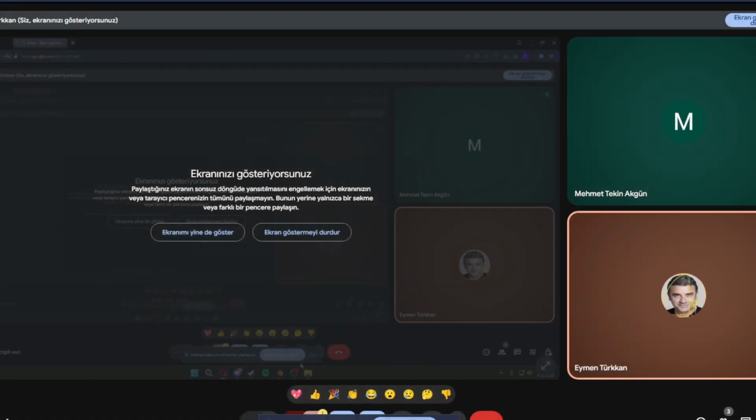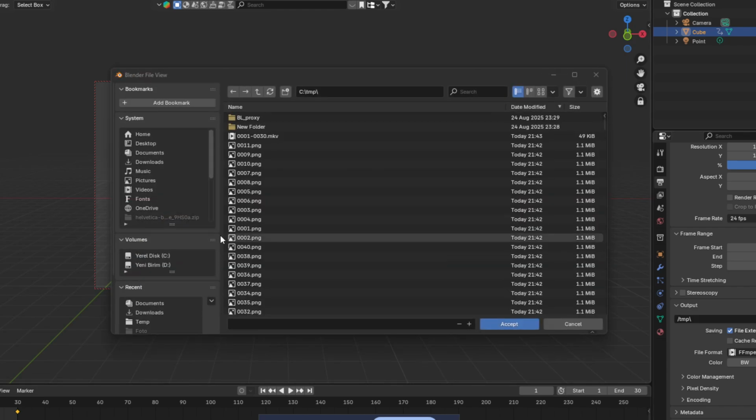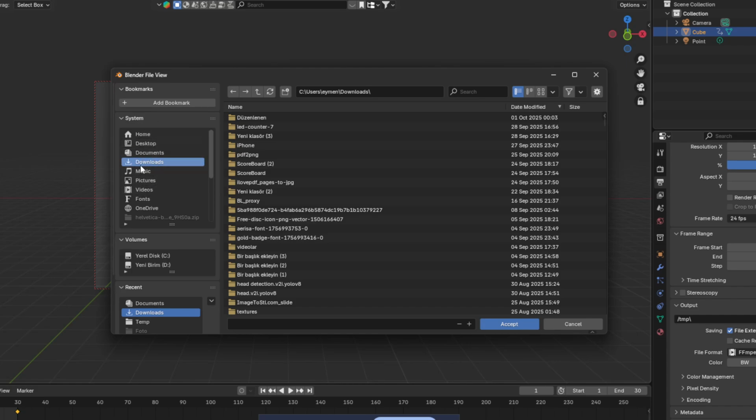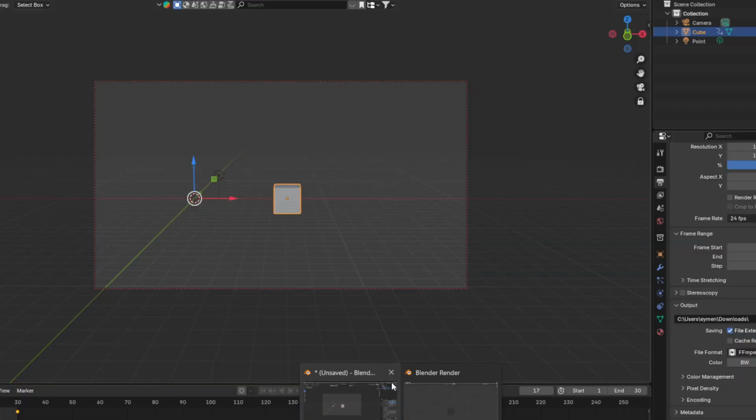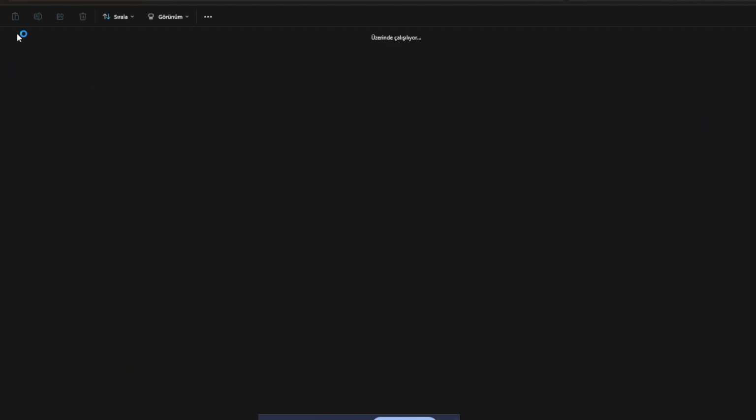Also, we can change this output. I'm clicking the output and choosing the encoding, and I'm accepting, and I am rendering the animation again. My render is being... oops. Now we didn't add light, so our cube looks very dark in our animation, but we will improve this one. And now our animation is done, and we will find it from there,